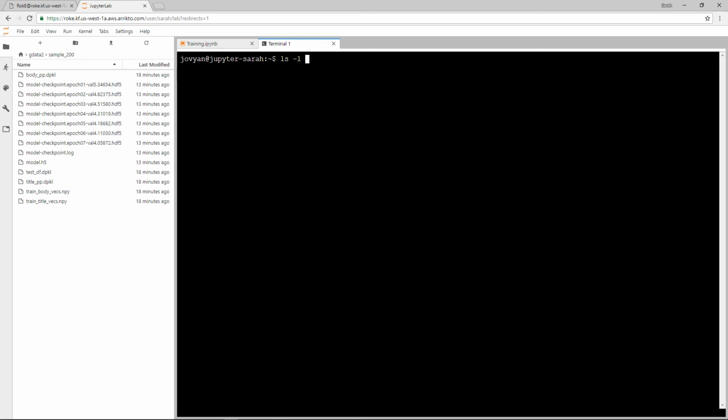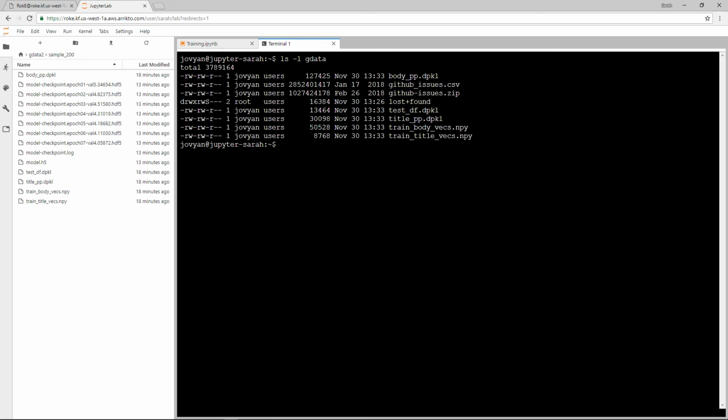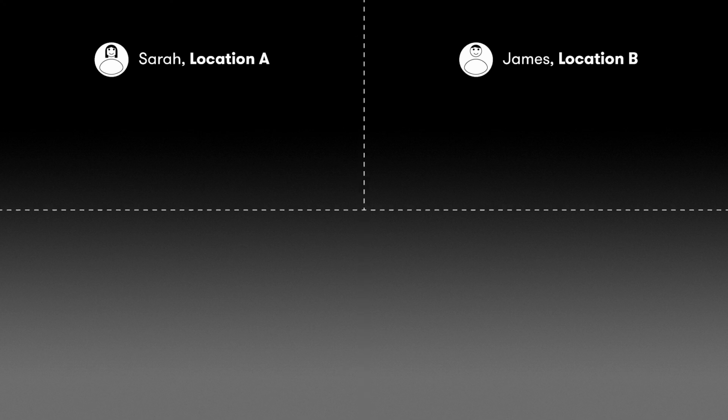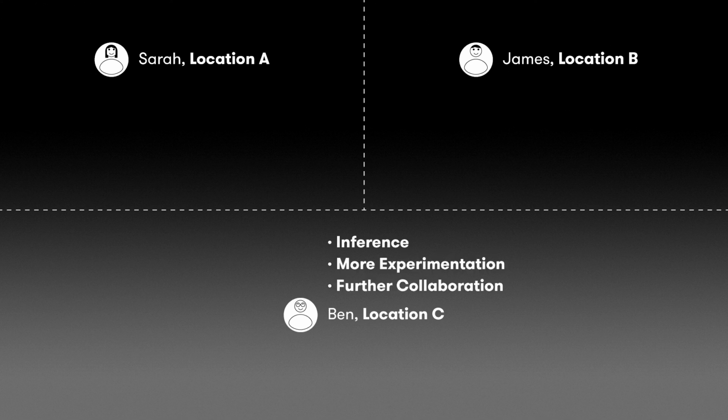We can see that the first data volume, called gdata, contains all the data that Sarah created previously, while the second data volume, called gdata2, contains all the files that resulted from the training James performed. Now, Sarah, or another user on a different location, can use this model for inference, more experimentation, or further collaboration